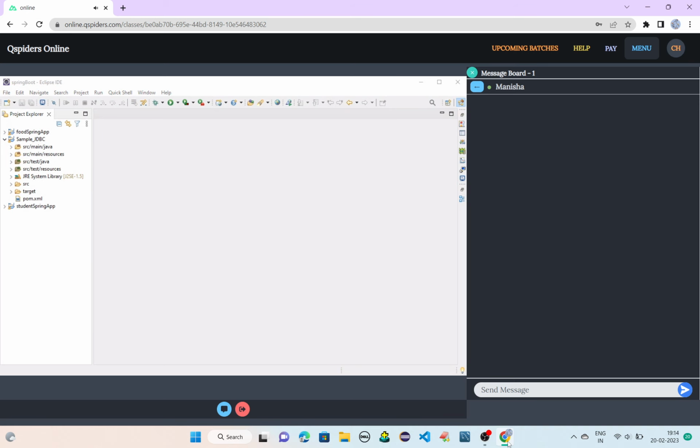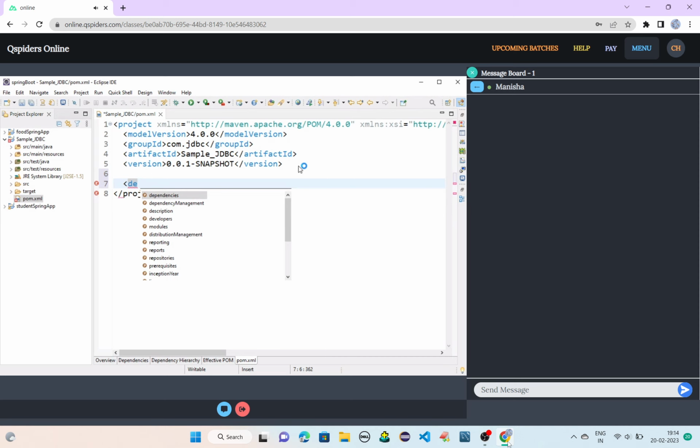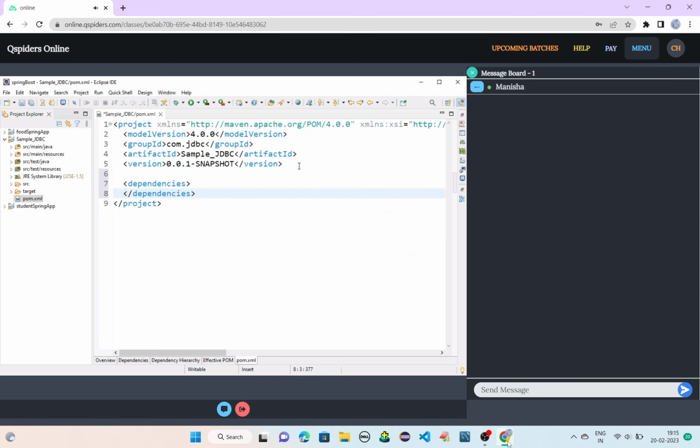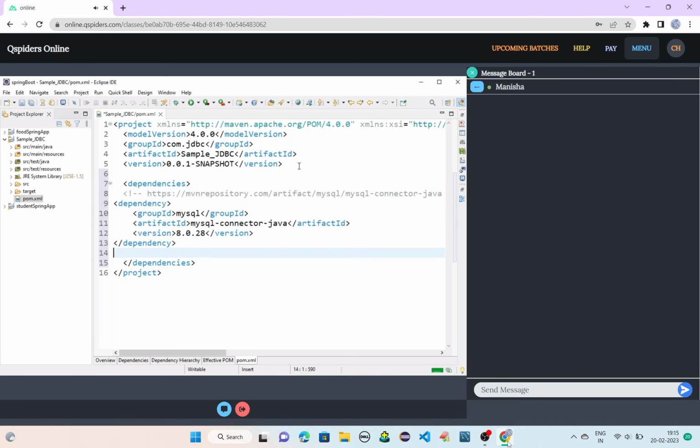Yeah, you can create a Java project and you can add the jar also. No issues. So in pom.xml, I'll add a tag dependencies, and here I'll just paste the dependency.